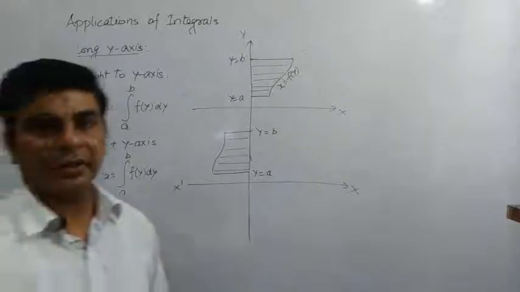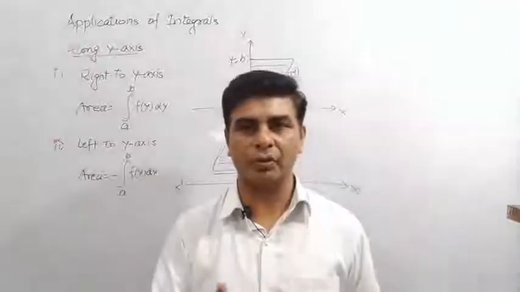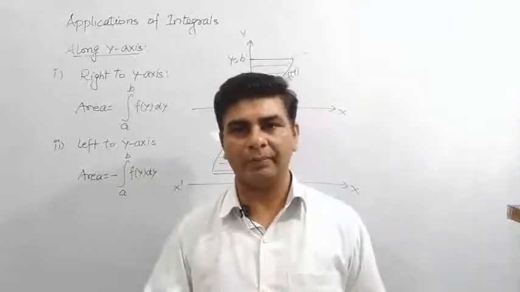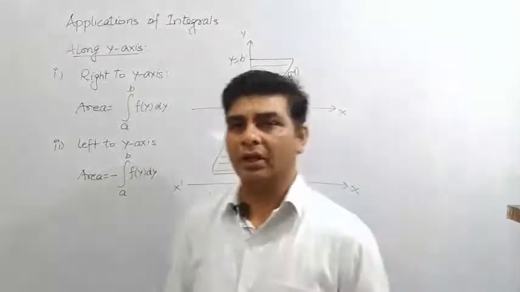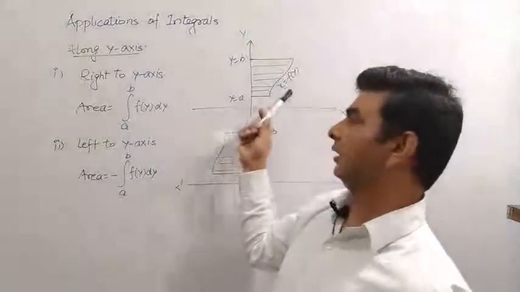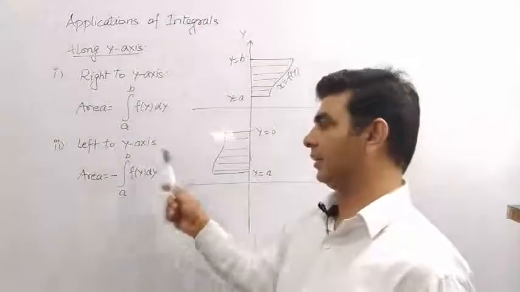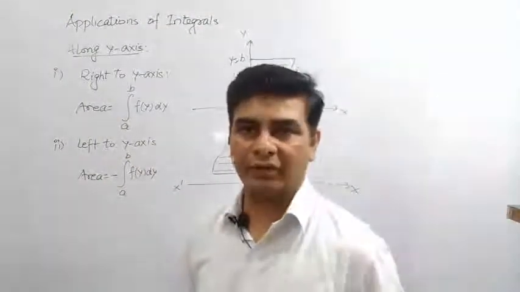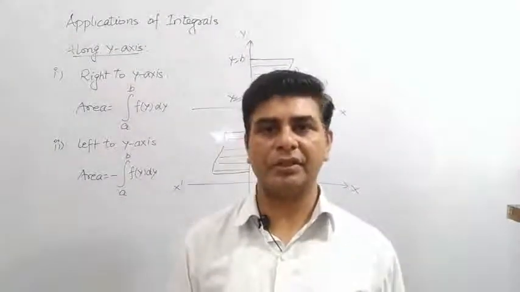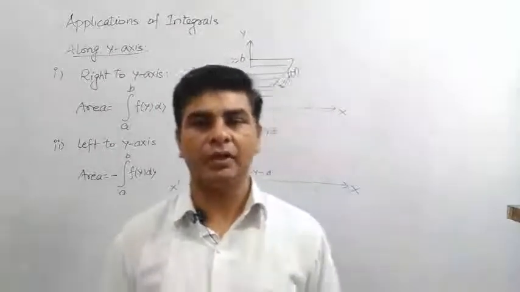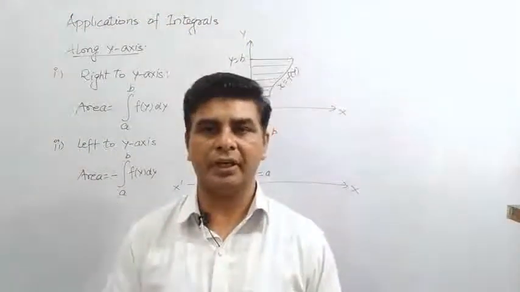So dear students, if the area is along the x-axis and above the x-axis, this is to be taken as a positive function, but an area lying below the x-axis, which is non-symmetric, is to be taken as a negative function. Similarly, if it is to the right of the y-axis, the function needs to be taken as positive, and if it is to the left of the y-axis, it needs to be taken as negative for the given value of the function. So these are the basic concepts behind chapter number 8. Based on these concepts, we are going to start exercise 8.1 today.